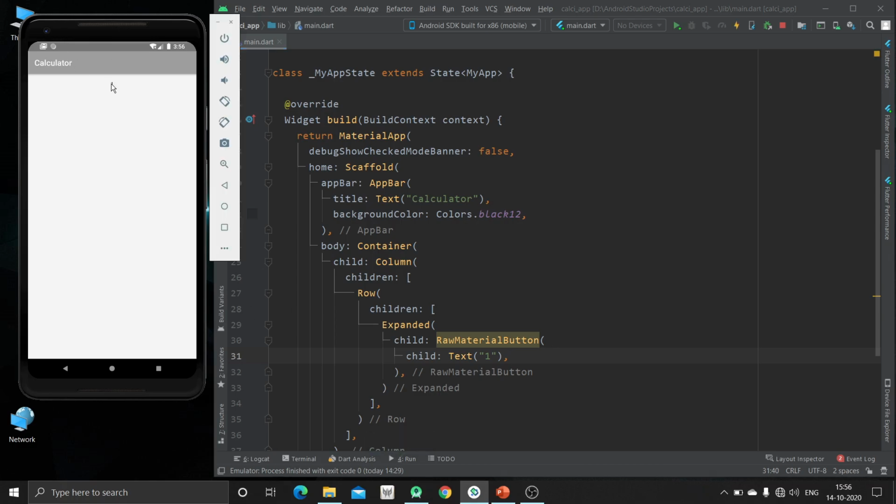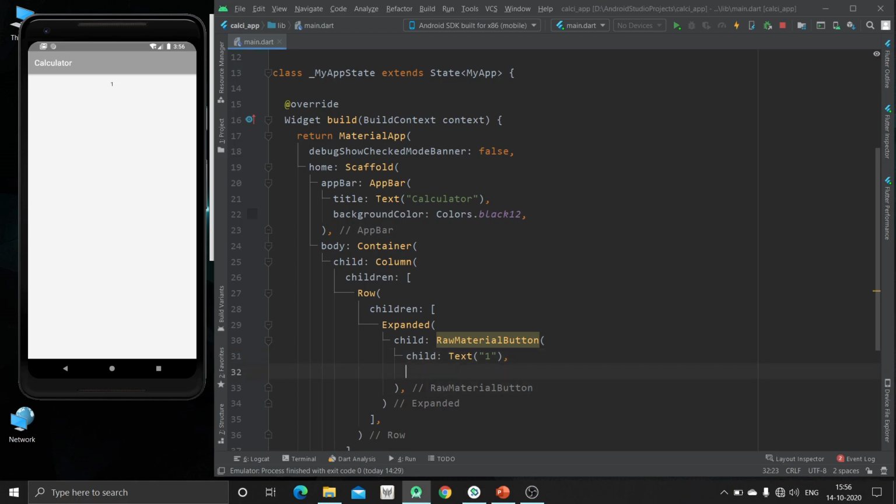Now we can't see the property that is mostly provided by a button, that is the on click event, as we haven't specified the property onPressed. So we have to specify this and make it null. Now we can click over it. Now you can see